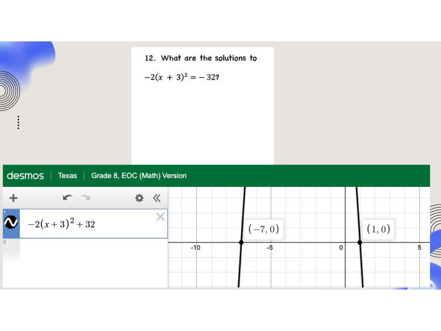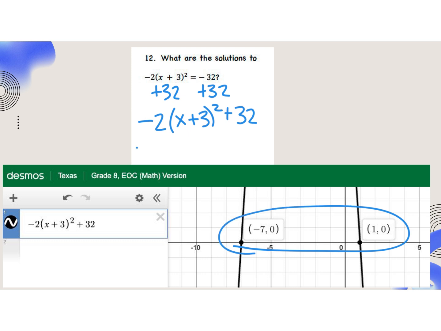What are the solutions? Again, just more of the same. Make sure all of our numbers are on the same side. This one does happen to be in vertex form. So if you didn't want to graph it, I'll show you how we did square root formula before. If you wanted to graph it, which you can see I've done here, you would get -7 and +1. If you wanted to solve this with the square root method, you could divide by the -2